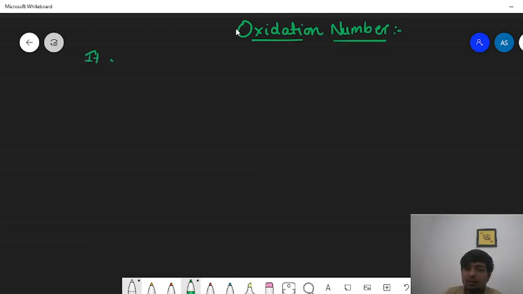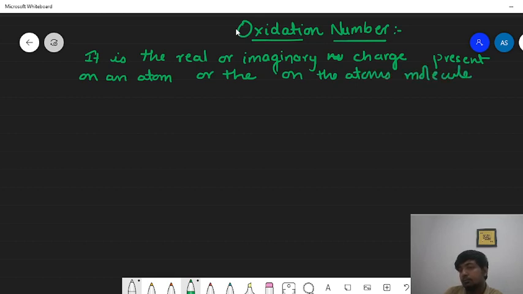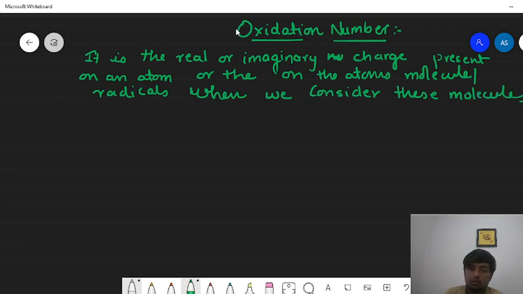It is the real or imaginary number, or we can say the charge present on an atom or on the atoms of the molecule, radicals, when we consider these molecules to be